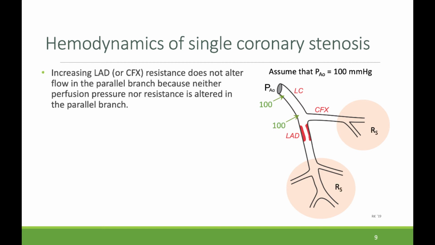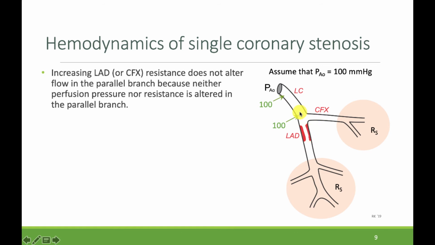Now in this slide, I want to look at a single coronary stenotic lesion, but in a different vessel than we did in the previous slide. In the previous slide, we looked at a stenotic lesion in the left coronary artery. Now we're going to look at what would happen if we had a lesion just in the LAD artery. It would also apply to if there was just a lesion in the circumflex, but I will use the LAD in my illustration here. If we have a lesion here in the LAD, distal to the circumflex branch, it's important